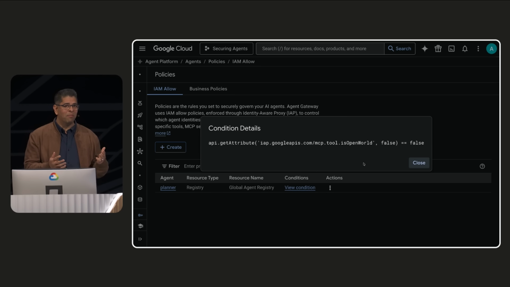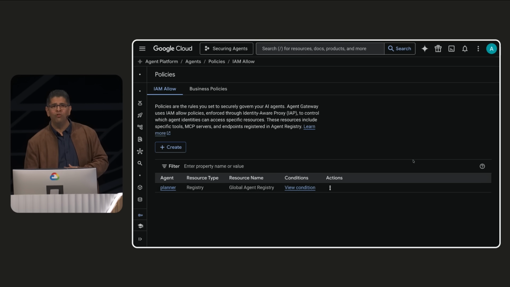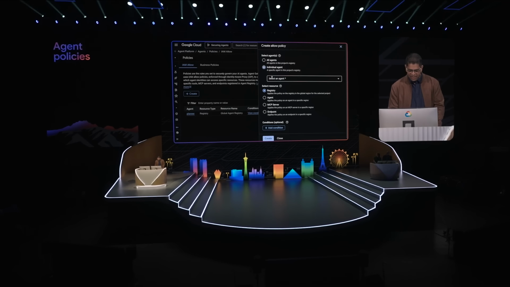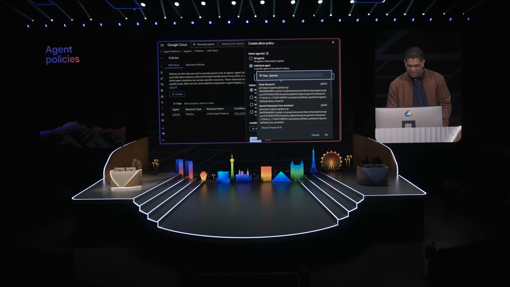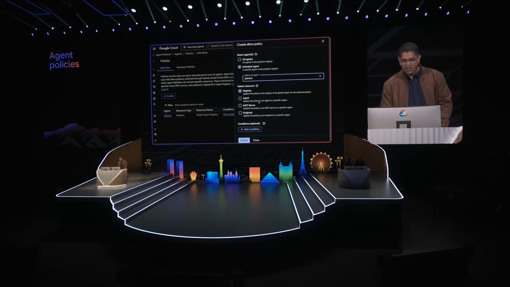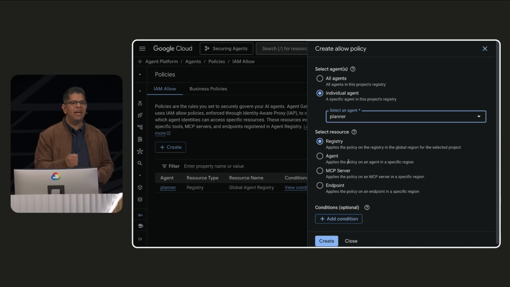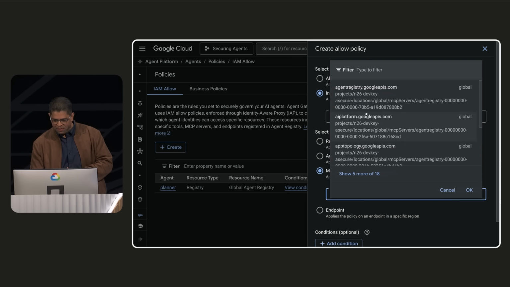But we still have a problem. Emma showed us how she's able to change our budgets. While I appreciate the agent's generous spirit, we can't have it treating our budget like a high roller suite. We're going to add a policy to our planner agent. So we're going to hit create. We'll select our planner agent from this list here. And there we are. The planner agent calls an MCP server with tools for reading and writing to the financial database. So let's go ahead and select our finance MCP server here